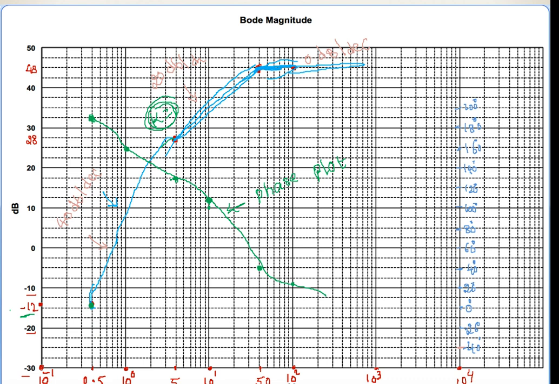Similarly, 28 minus 28 means 0 decibels. So at this point the gain is 28. So you add the minus 28 to this point. For each and every point add the minus 28. So you are getting 0 decibels. Here we are having the 48. 48 minus 28 is 28. So this point. So add all the points.